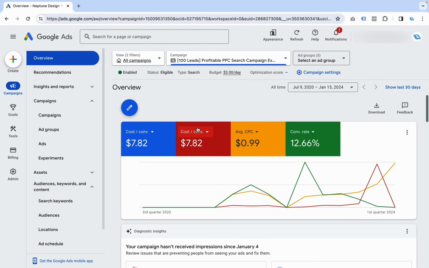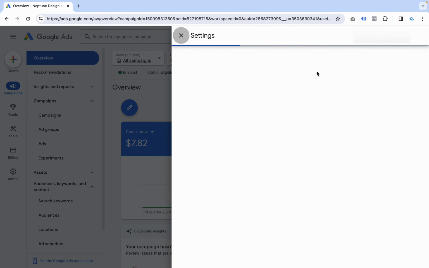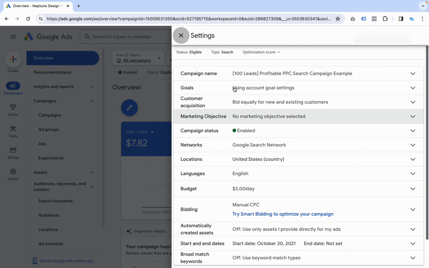So where you're going to find your campaign settings now is in this odd little spot. If you go to overview, you look on your right-hand side, just underneath the filters, and you'll see something that says campaign settings. When you click on it, you open it, and it'll populate with all of your campaign settings. And this is where you can opt out of certain networks that are costing money, opt out of certain bidding strategies that are costing you money. If you don't know what those are, ask in the comment section below and I'll answer that for you.